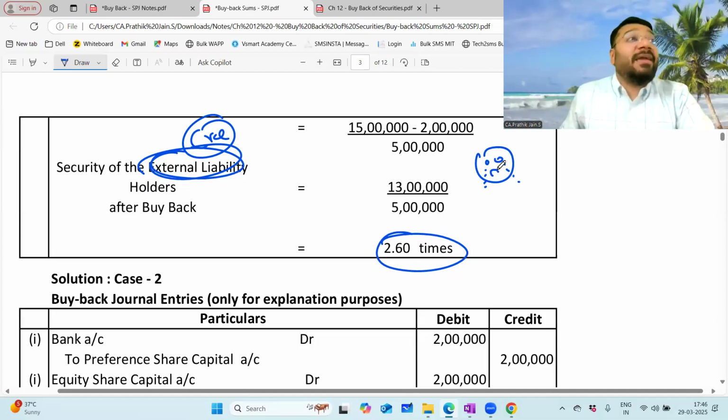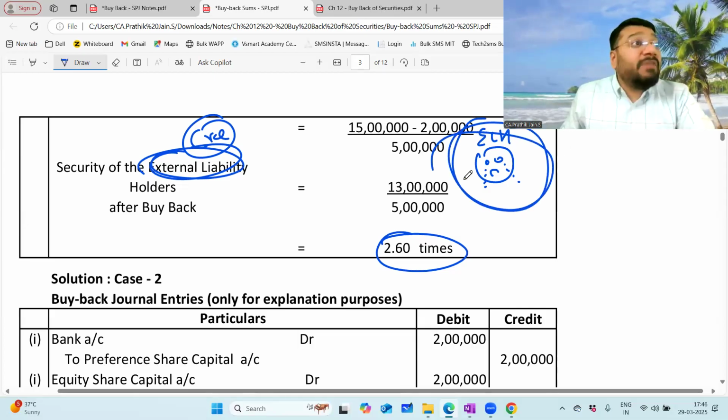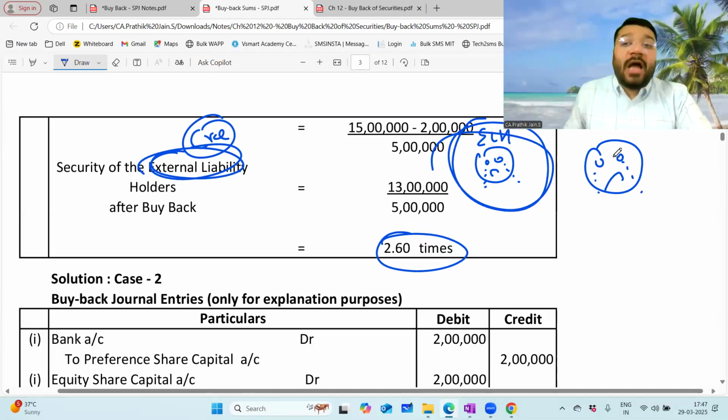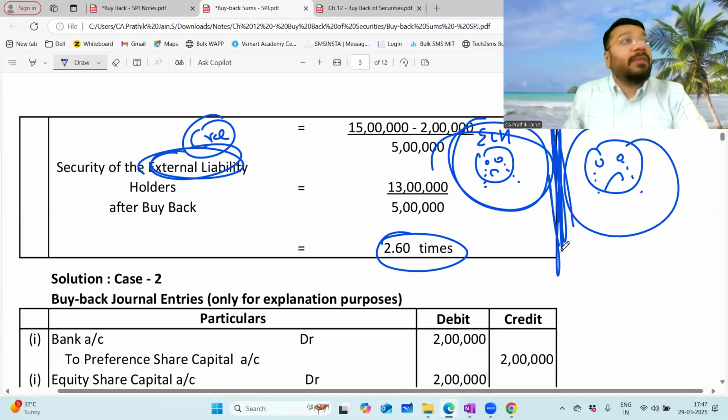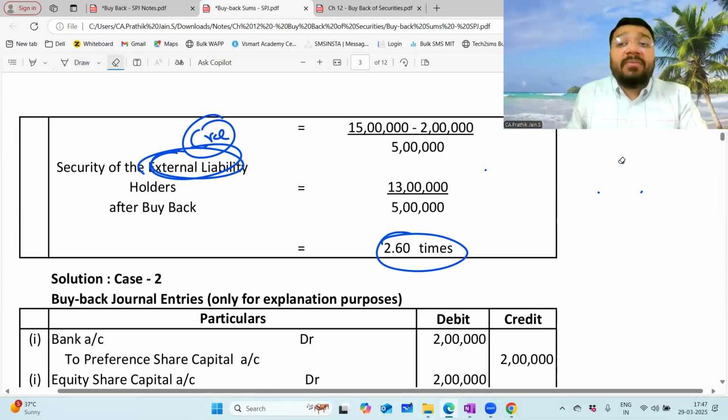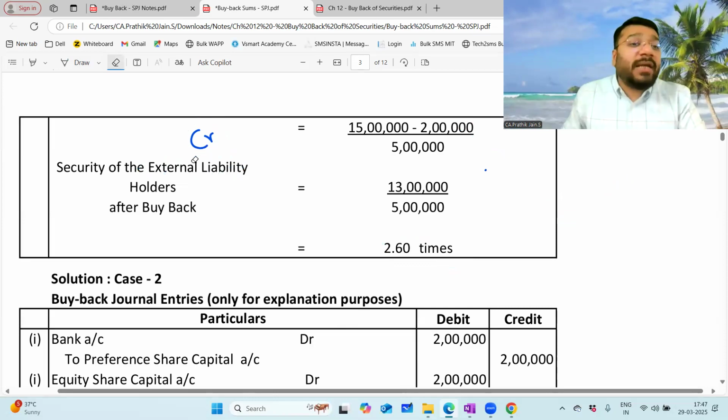Who is this person crying if the buyback is done without complying with Section 68? The external liability holders. If the buyback is stopped to please them, a hostile takeover is possible. In that case, who will suffer? The promoters will suffer. So now we have to come out with an in-between path, where the external liability holders do not feel any pinch, and at the same time the buyback is done so that the hostile takeover could be